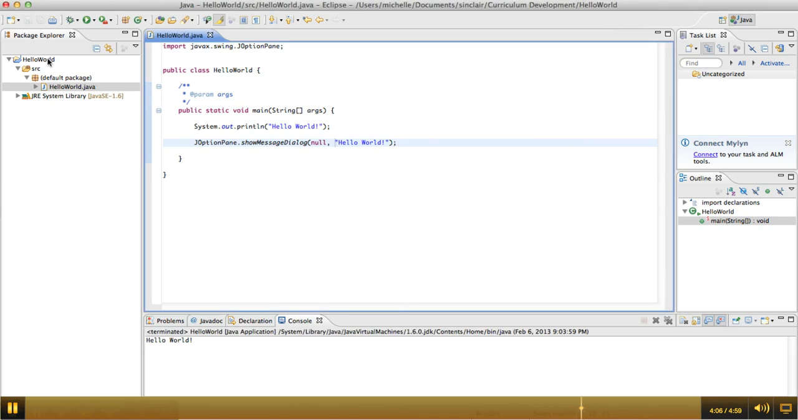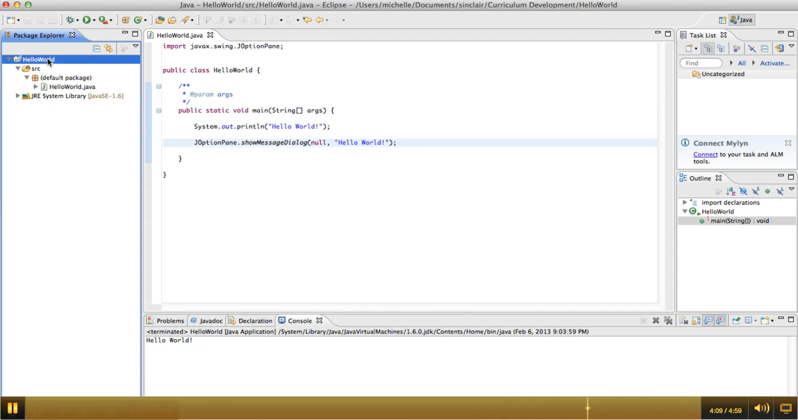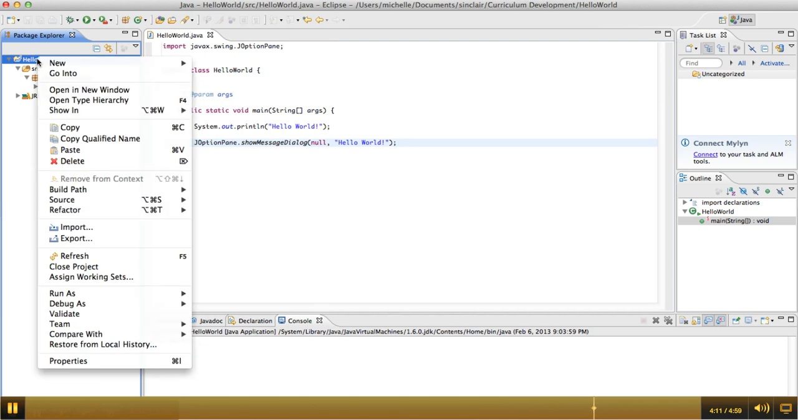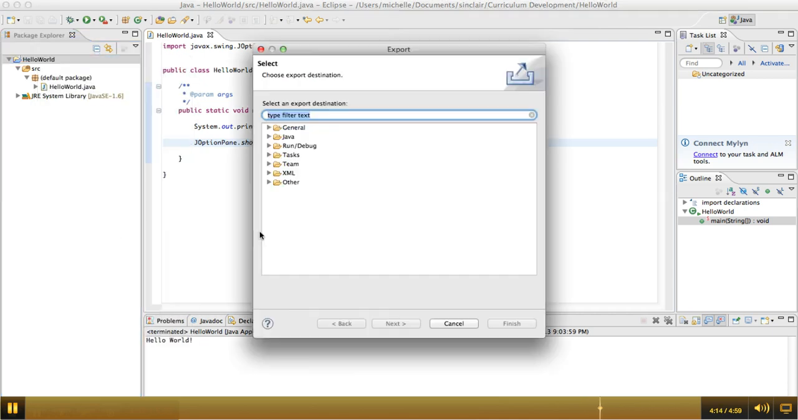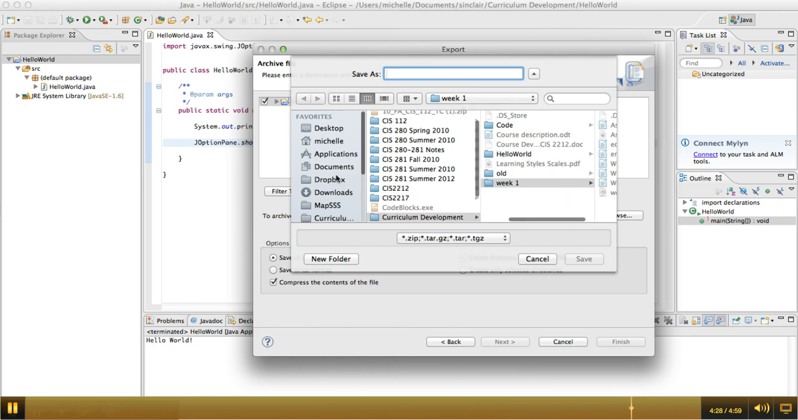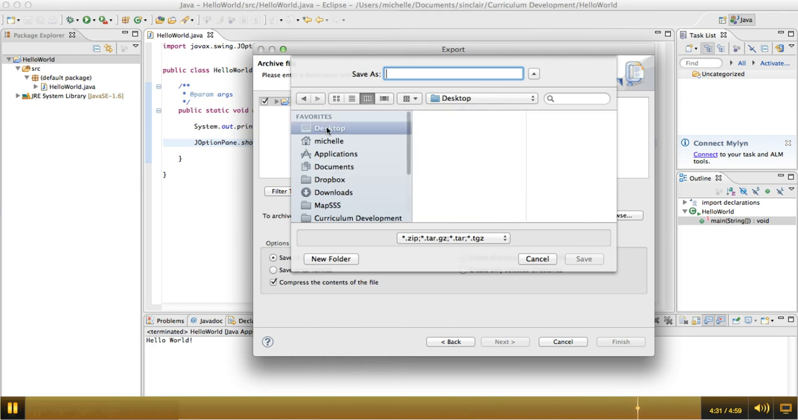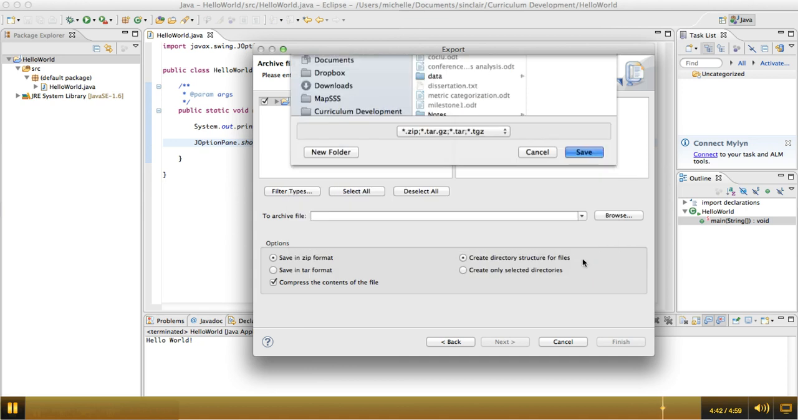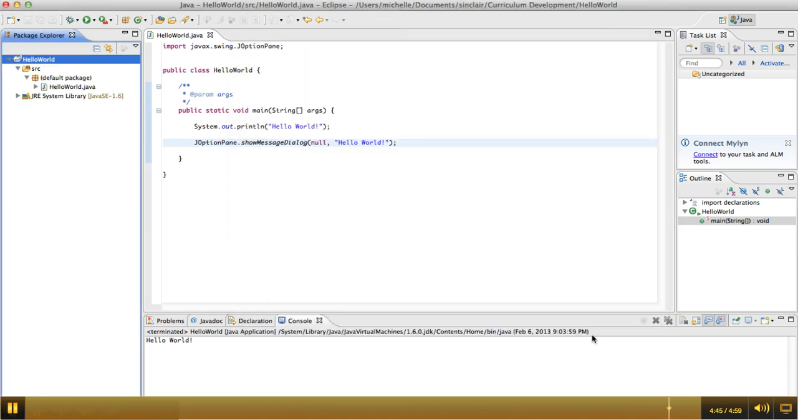The last thing I'm going to do is show you how to export the project. To do that, we click on the name of the project, we right click, we're going to say Export, and I go up to General and say Archive File, and then we're going to make sure this is checked and these two things are checked, and we're going to browse to wherever we want to put this. I'm going to just put this on my desktop here, and I'm going to call it Hello World, and I'm going to call it .jar. And we'll save this and click Finish,